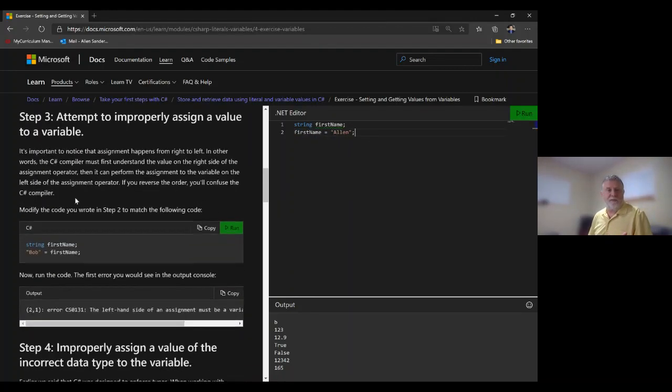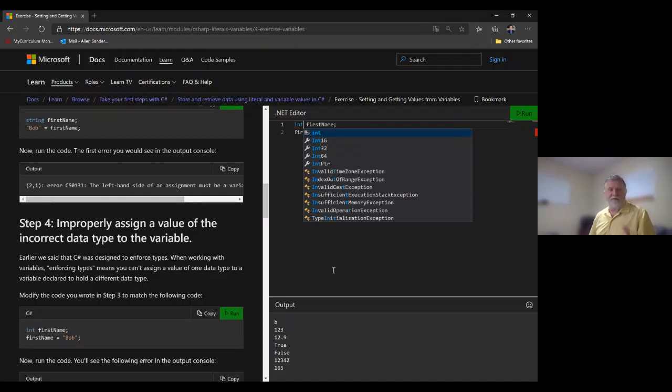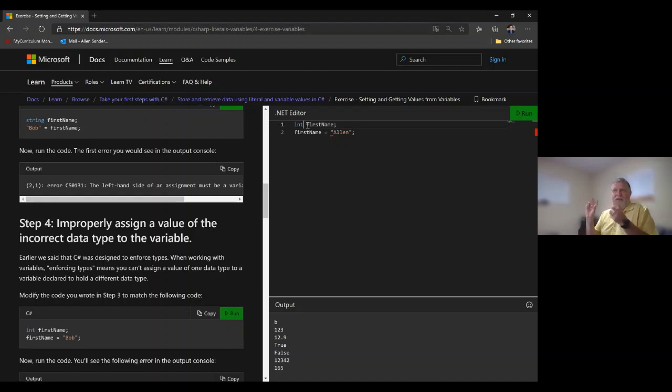Okay. The other thing to keep in mind is data types. This would be bad practice, but if for some reason a variable named firstName was actually of type int, which again would be a bad naming convention but still valid C#, right? If firstName is declared as type int, then I can't store anything except an int there. If I try to store a string literal, it's going to say cannot implicitly convert type string to int. Similarly, if I left that as string and tried to store an int there, it's going to tell me something similar, right? Cannot implicitly convert type int to string. The C# compiler is going to enforce data types like that. It's going to make sure that the data you're assigning to variables is valid for the type that it is intended to hold. So just keep that in mind